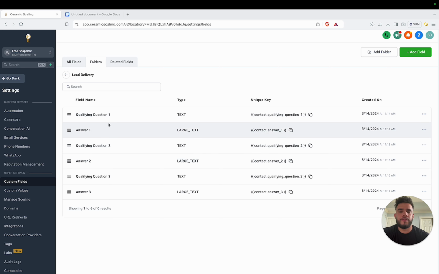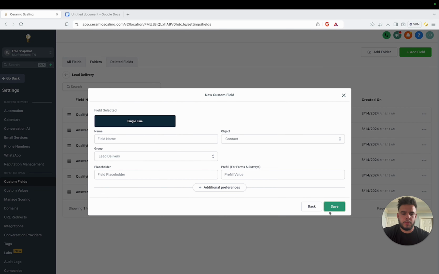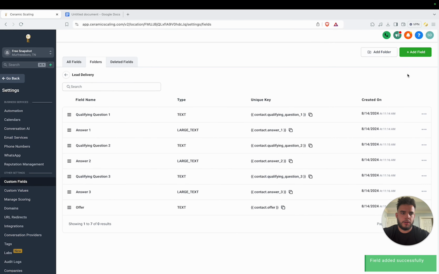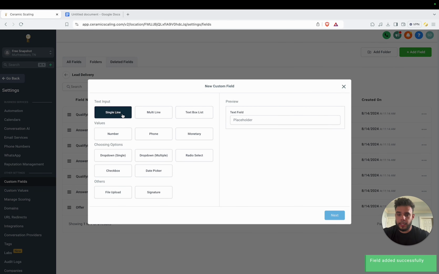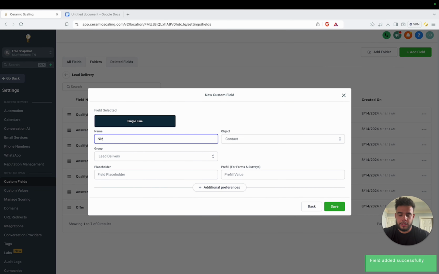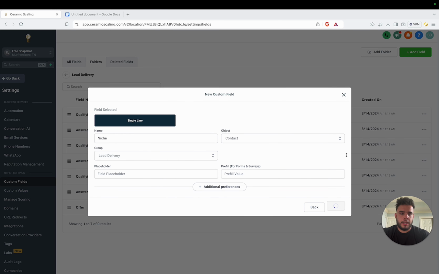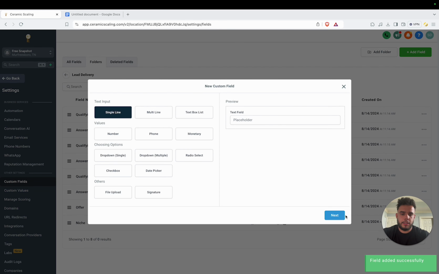We have a few more fields that we need to create here, and I need to go and look at my custom fields in my snapshot so I can show you this stuff. Next, we're going to have another single line, and that is going to be offer. That's what we're going to write here. We're going to have an offer one. We're going to have a niche, so whatever your client niche is. And then we're going to have the business name,